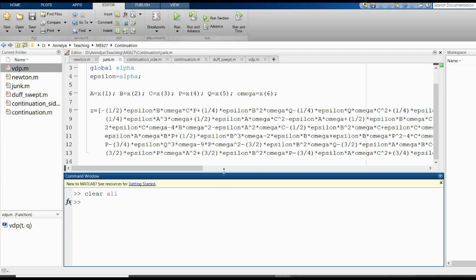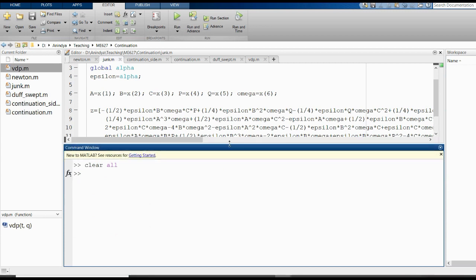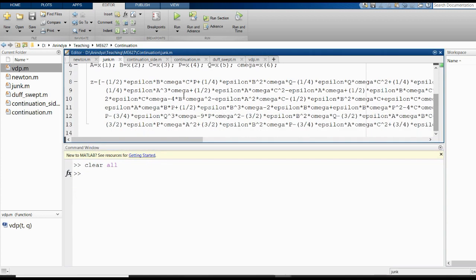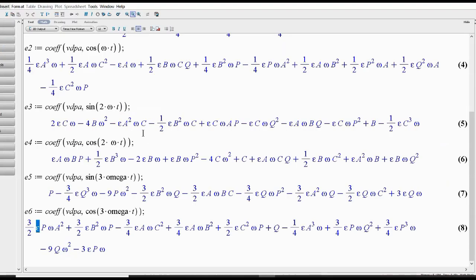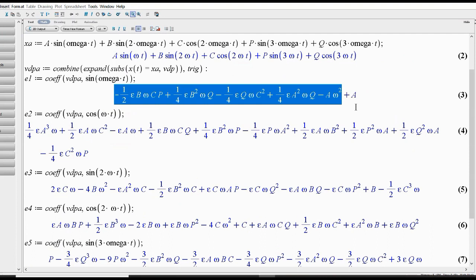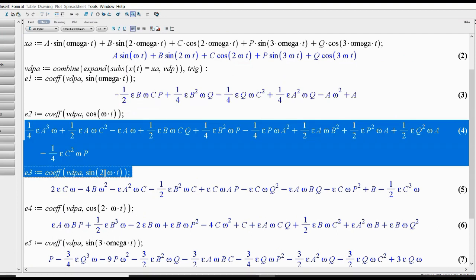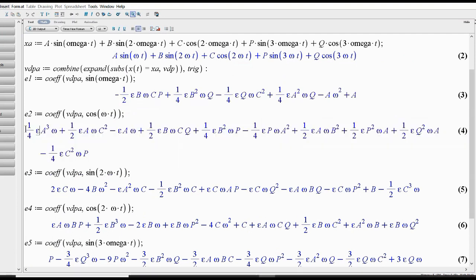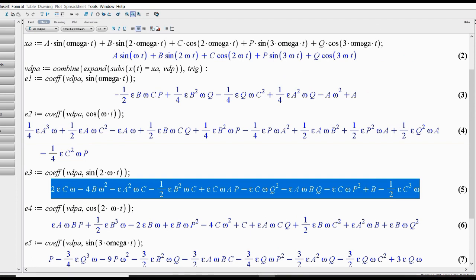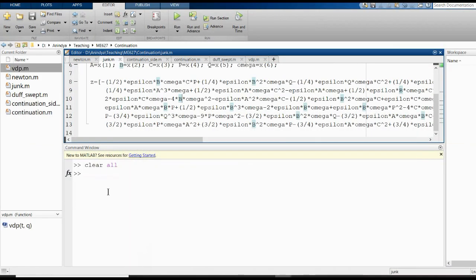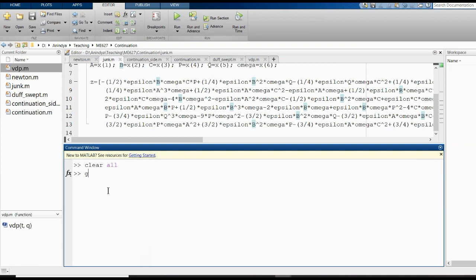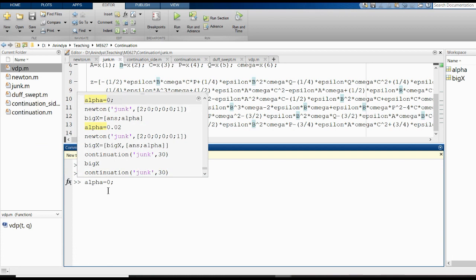I'm going to solve those harmonic balance equations. I trust you to see that these are just the cut and pasted equations from here. This one, then this one, I don't mean that, this much, then this one, and so on. Okay, now I come here, I go global alpha and big X, so I say alpha equals 0, I say